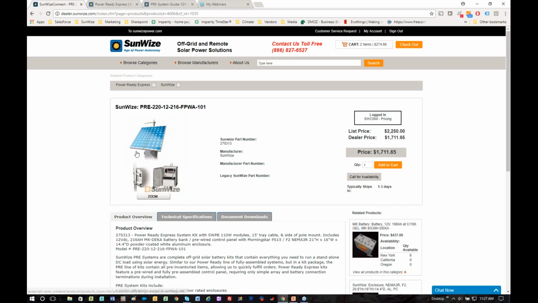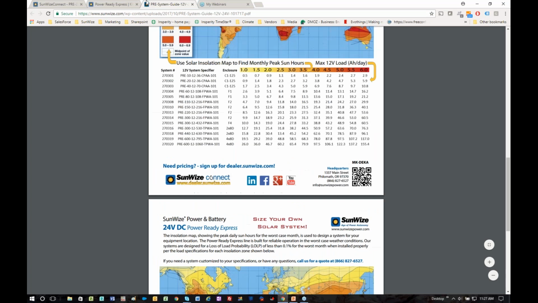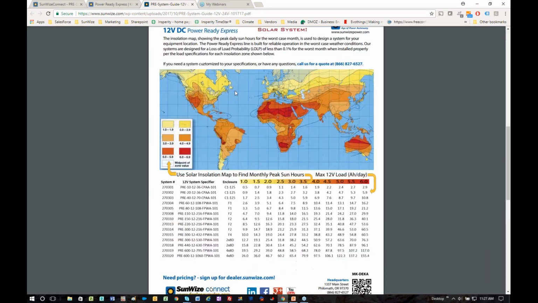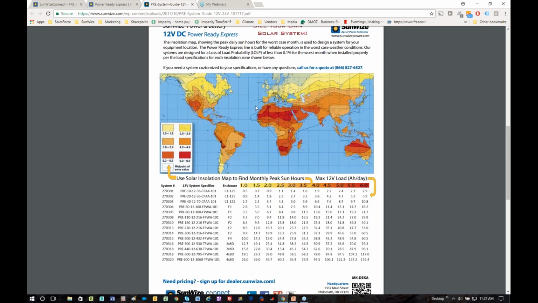And I will be directed to our web store, to the PowerReady Express system part number in question, 270313. I can see my dealer price, and I can see all my specifications. So I want to pause really quick and talk about why that is and how else you can see the same information. So going back to our PowerReady Express data sheet, you can see for the 12-volt systems here in